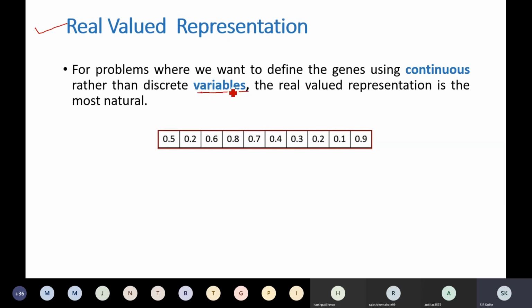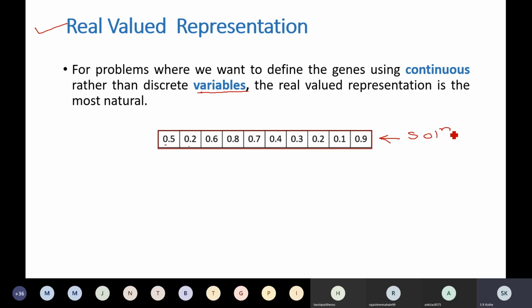In binary case, discrete variables were used, but out here continuous variables are used. For example, 0.5, 0.2, 0.6, in this way sequence of real valued numbers, this can be the solution.